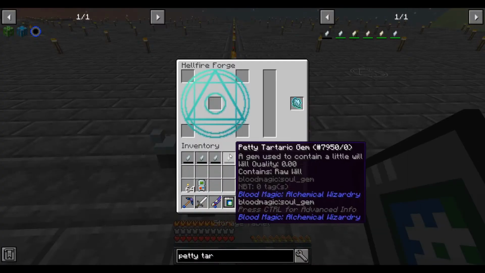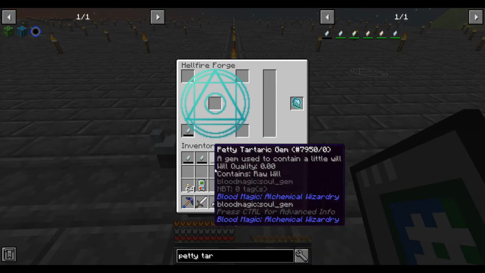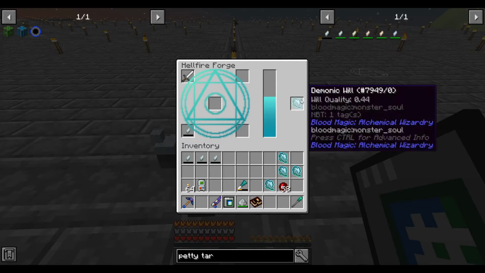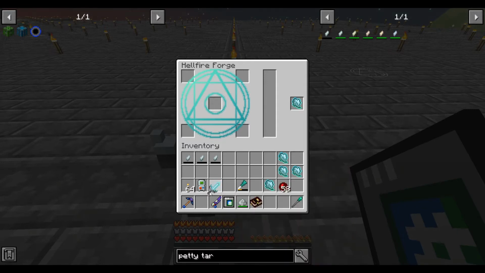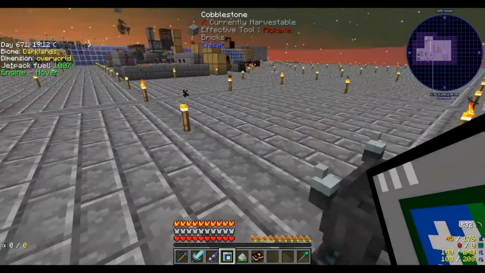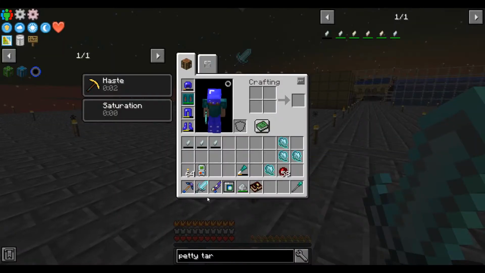Now that we have our petty Tartaric gems, the next step is to bind that gem with a sword and make a bound sword. So I got ahead of myself when talking about that other sword, the bound sword. Sorry, we start with the sentient sword. So the sentient sword has the effect of the snares built into it. So when you kill something with the sentient sword, you automatically get the